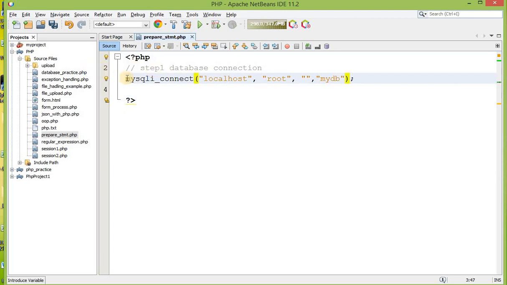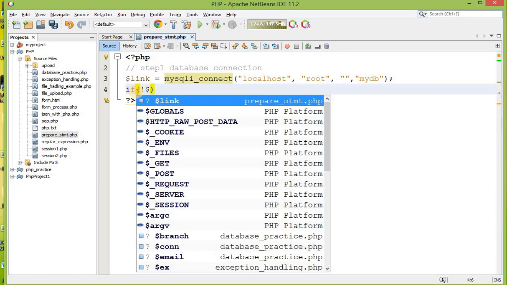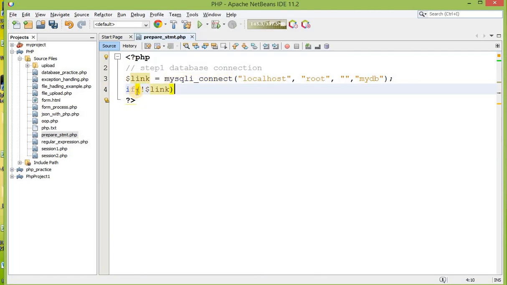So what will this function do? This function will return a reference to your database. It will act like an object of a database connection. It will refer to your database connection. This will return false if there is a connection problem. So how can we check? Like this.